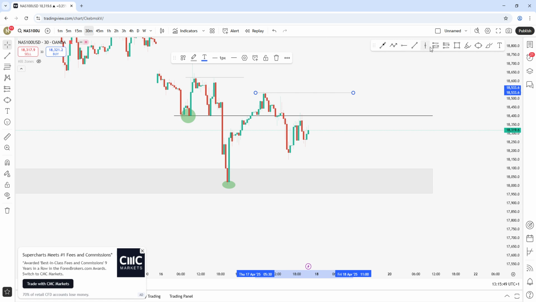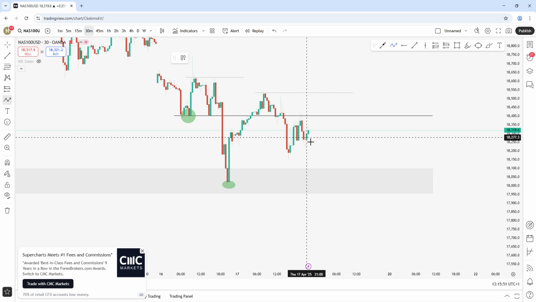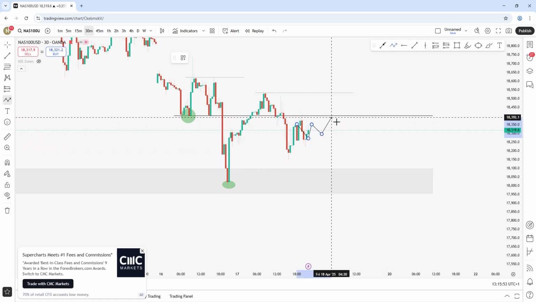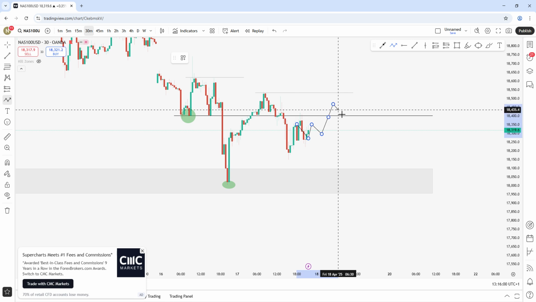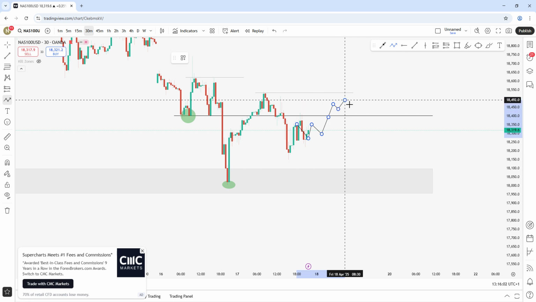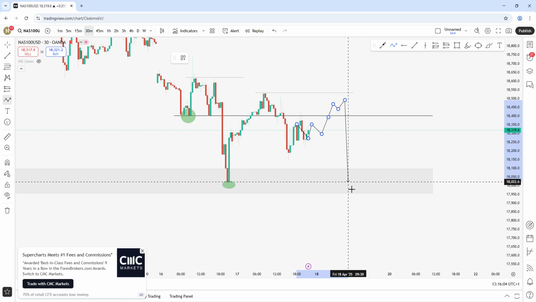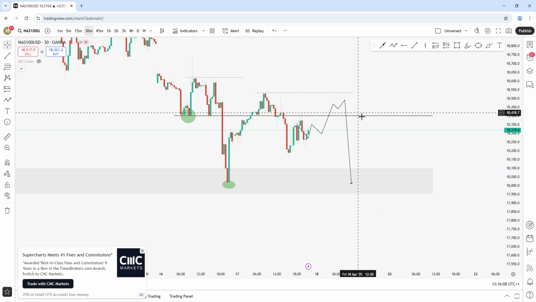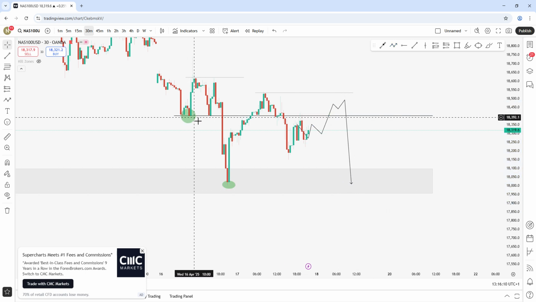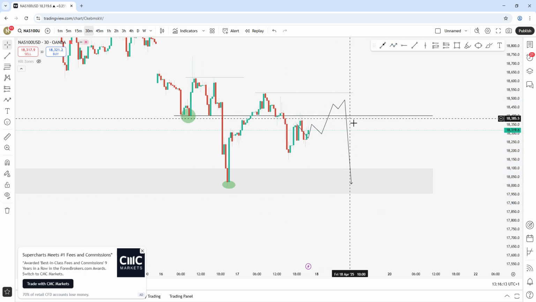So I'm thinking on Monday, or even on Tuesday, they'll probably just play about during New York session. It'll probably hit this, or even come down to hit the previous level prior to New York session. So everyone thinks, oh, it's going back up, and then boom, during New York session, it comes all the way down here. That's where it gets all the volume, and as soon as it's below this level,